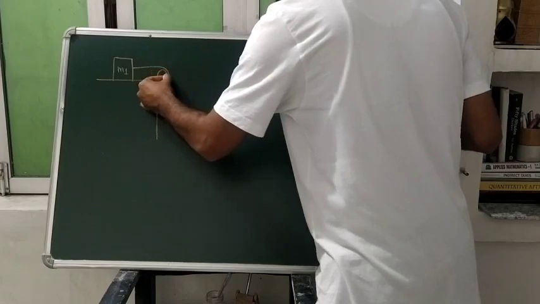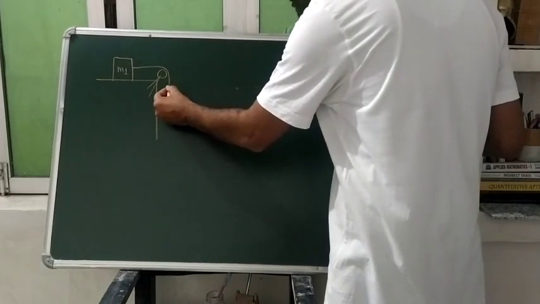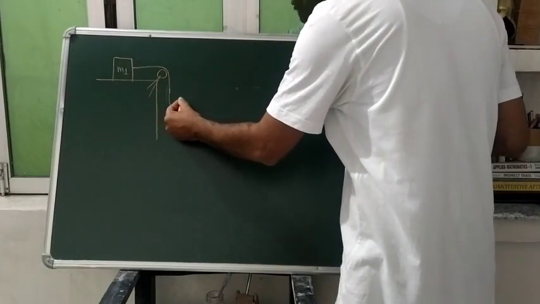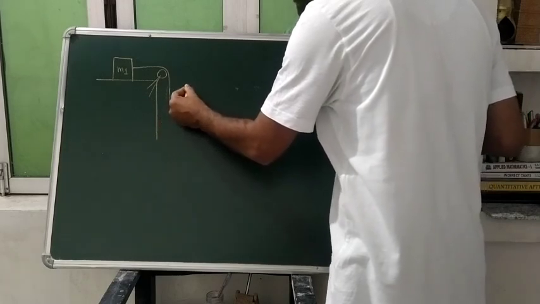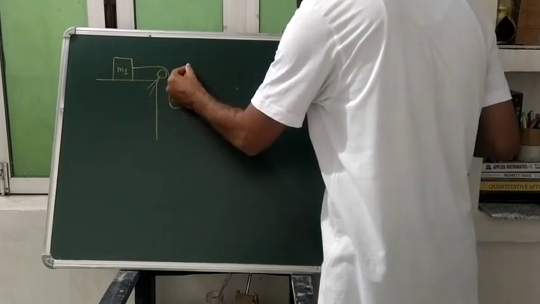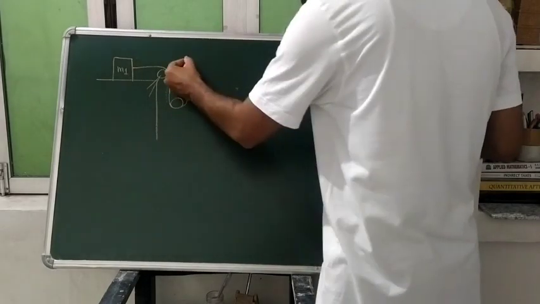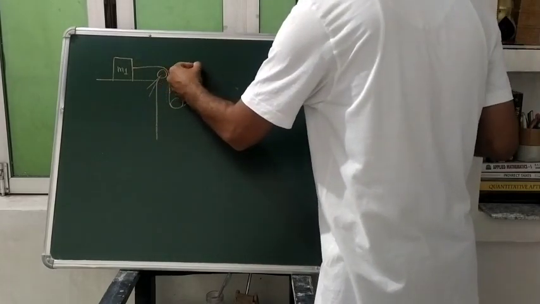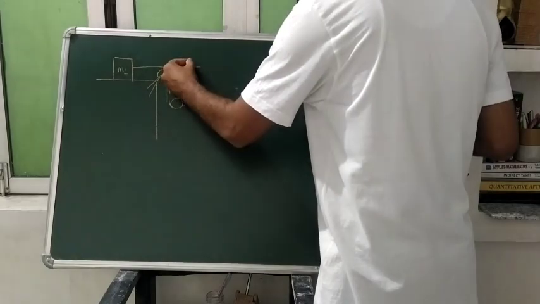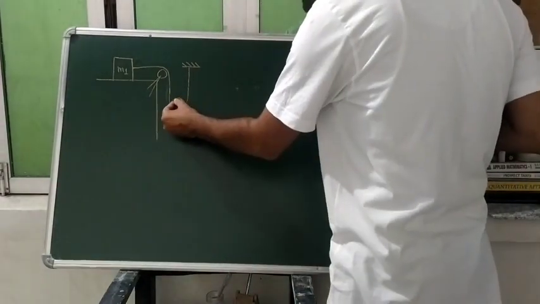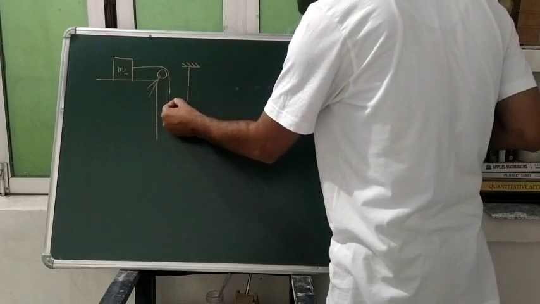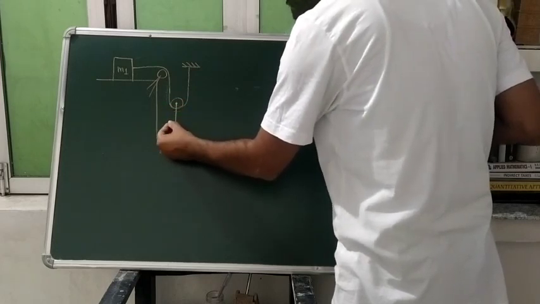This string is going over this pulley, and once again it is going to the other pulley, and the other end of the string is connected with a ceiling, and with the help of the other string a mass is hanging,